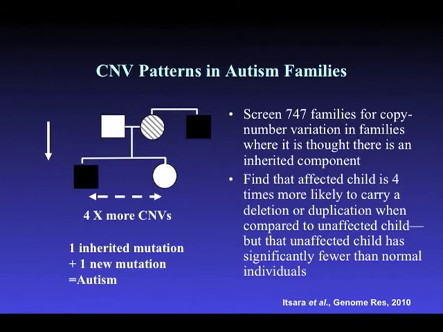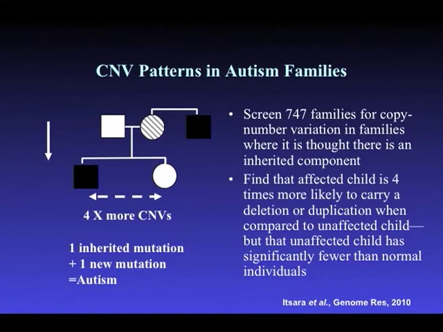And what we found when we did this, and we haven't replicated this in another cohort, so I'm just presenting this data as our observation, is that the affected individuals from these 747 families had more de novo mutations than the unaffected sibling by 4-fold. So there were way more de novo CNVs in the affected child than the unaffected child. And in fact, the unaffected child had a lower rate of de novo CNVs than what we saw in the general population. Almost as if they would have been affected with autism, but they didn't have another mutation by chance that came in there.